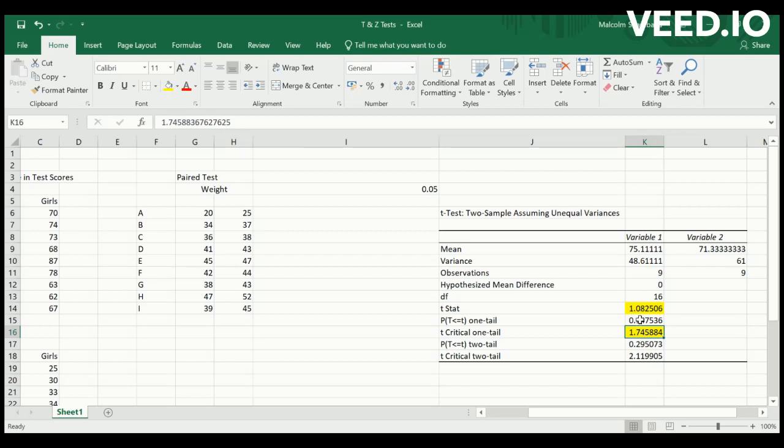And also, if the p value is greater than your error, the 0.05, your alpha, then you fail to reject your hypothesis. It's the same case as for the two-tailed test. The 0.29 is greater than the